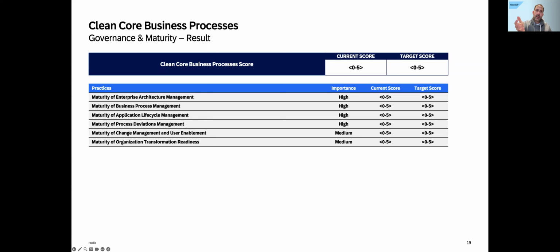But there's another case where I might have 3 or 4 ERP systems from SAP that have grown over many, many years. And I understand this regional split that I may have designed 15, 20 years ago is no longer really meaningful. And I want to come back to a single instance, and I do a sort of new implementation and try, over time, to consolidate my landscape. If I do that, clean core and, for example, business process management and process deviation management have a much higher, an entirely different importance.